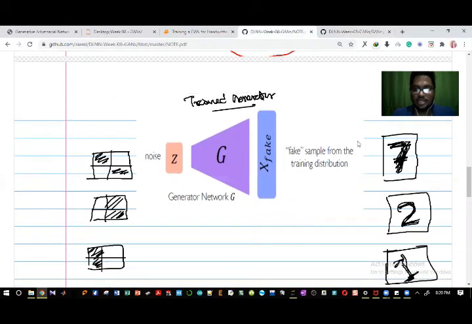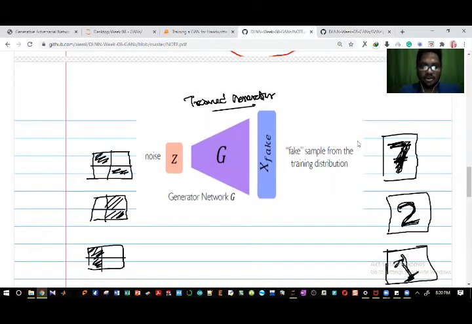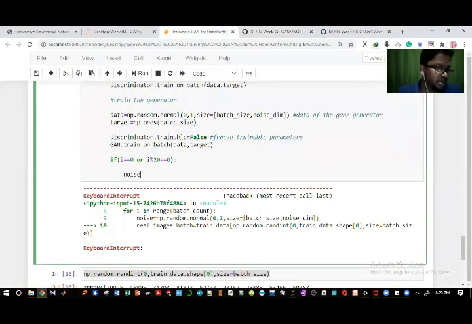So I'm going to check what are the outputs given by the trained generator. I'm going to create some random noise and input them and see what are the outputs given by the generator, right? Every 20 epochs I put some noise in and see what images it generates, right? So noise again,